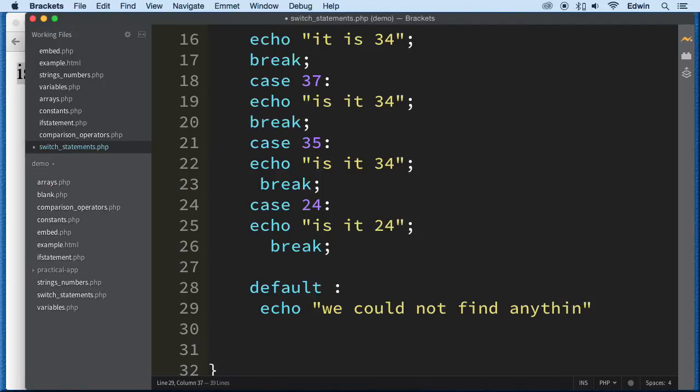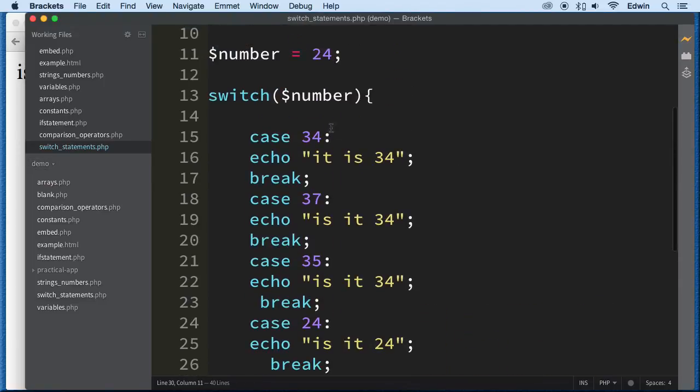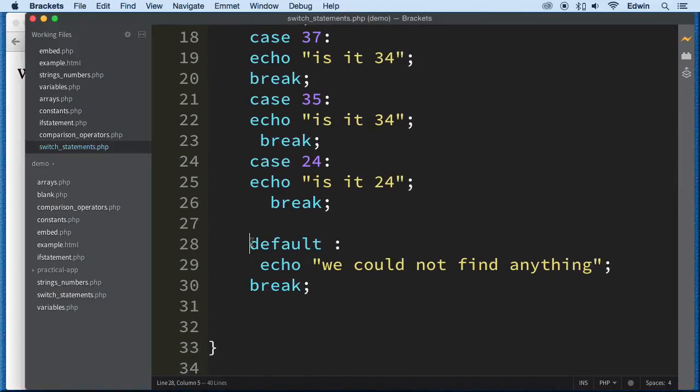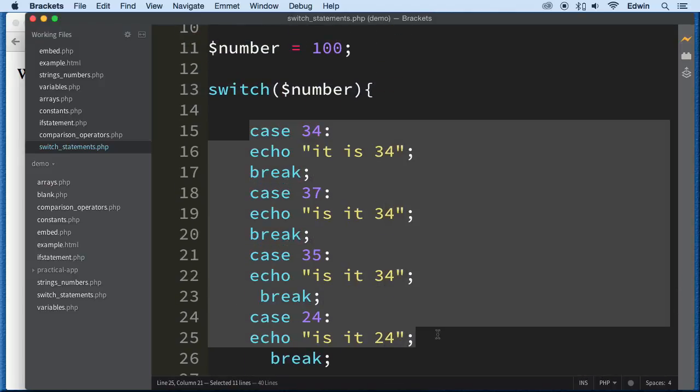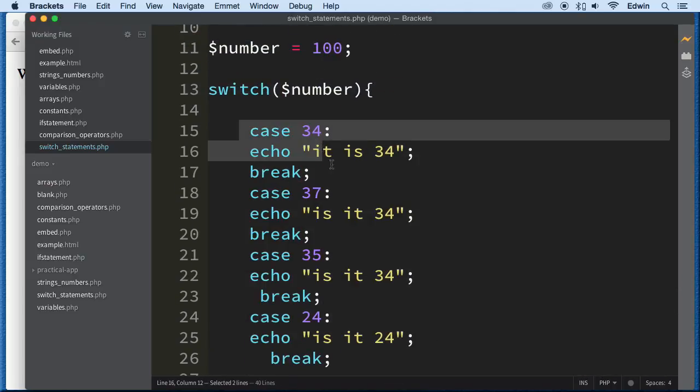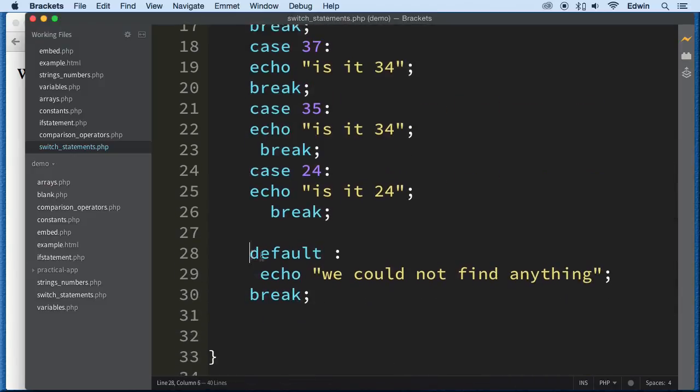I don't really need to write this break, but I will, just to keep the structure. And let's just make this equal to something else, so that way we can have this. We could not find anything. You see that? So this is the default. This is similar to that else statement. If everything here is not met, we can't find this 100 anywhere here on these cases,